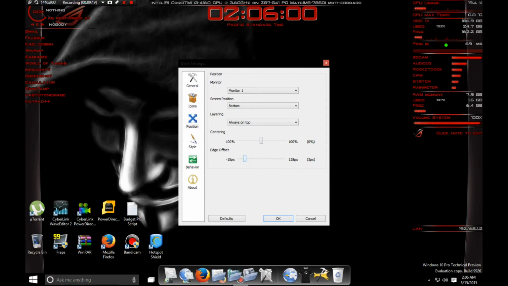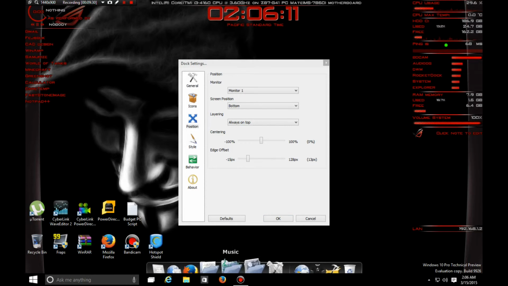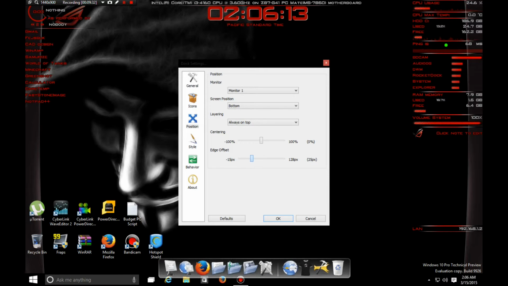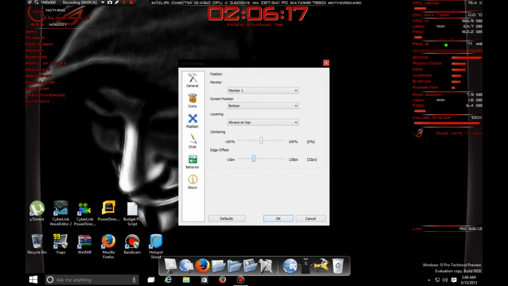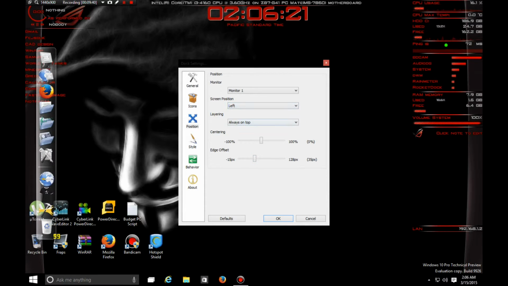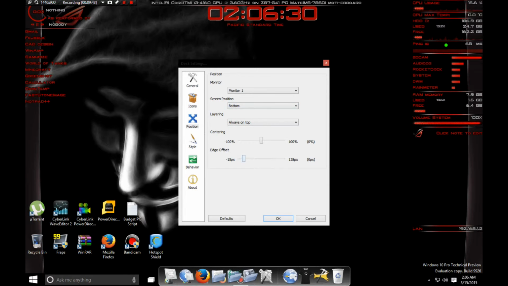And then you can change your edge offset in case you're doing it like me on the bottom, and there's this little taskbar right here. It's where you get to do stuff to be able to get to it. So basically it just moves it up and down, or side to side if you're on the left side. So if you're on the left side, it would just move to the left and right. So yeah. So the bottom,